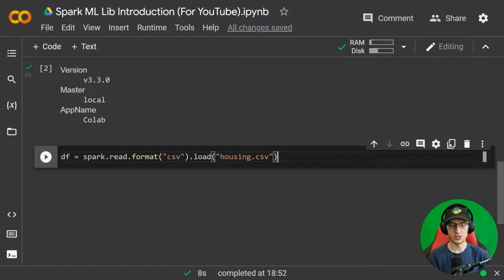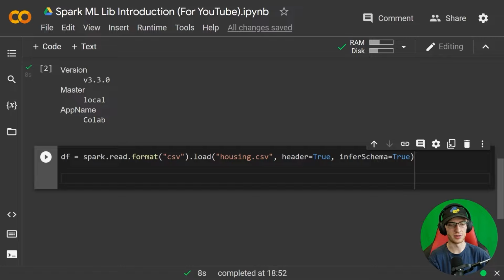So .load("housing.csv"), and then there's generally two things we want to set to true. header=True, because the first line of that file is a header, and then inferSchema=True as well, because that's basically saying tell Spark to automatically figure out what the schema or the variable types should be. Okay, so we should have df, and then we can just do df.printSchema()